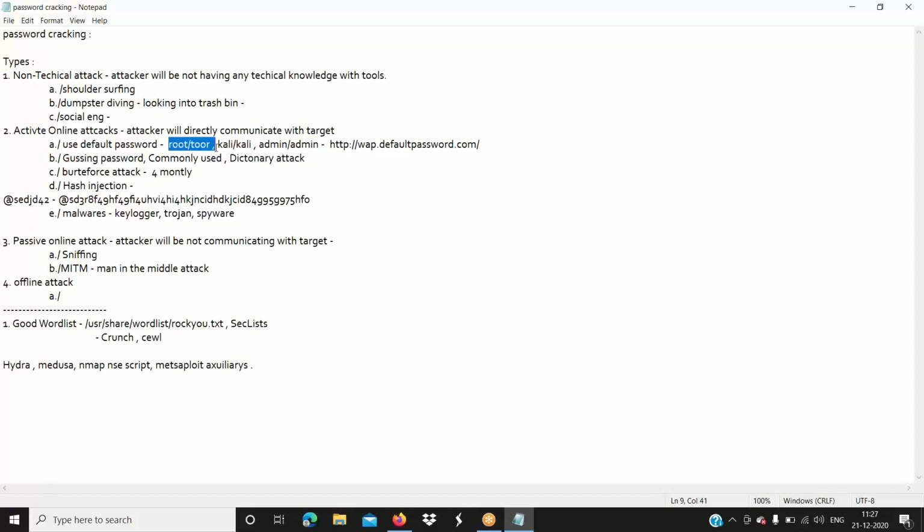Let's say the Kali Linux operating system, the username and password would be root and toor. Some products just keep administrator or admin, right? Or if you take any product, when you have done the information gathering, you got some information